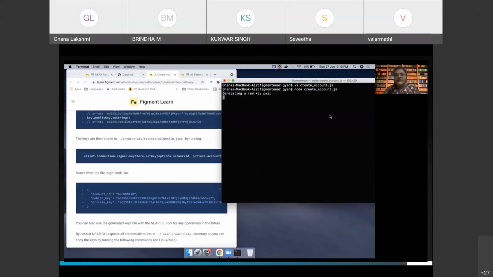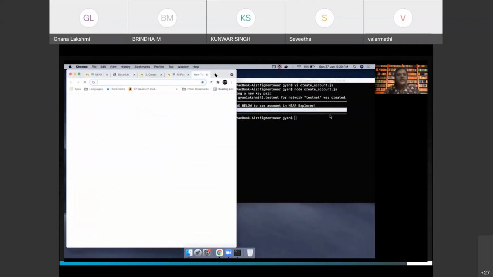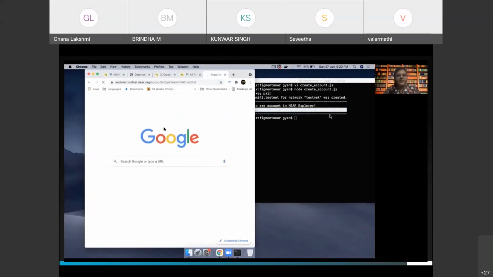As you can see, I had given a new name. I have a couple of other testnet accounts actually, but thankfully I've given a new name now. So it has created for me an account that I had named gyanlakshmi42.testnet. Now I can see this account on the Explorer. This is what the Explorer is for. So you can see on the browser, I'm opening the Explorer.